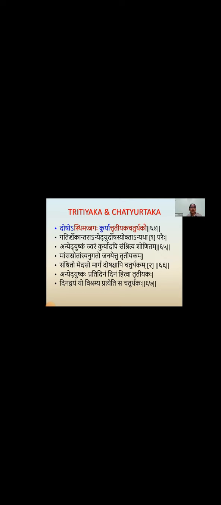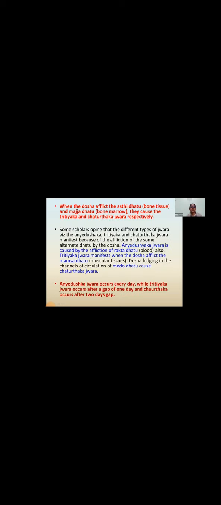And coming to the other Tritiyaka and Chaturtaka jvara, Tritiyaka jvara dosho asti majjagaha. So Tritiyaka jvara will be in the asti and Chaturtaka jvara will be in the majja. That is its salient feature, whereas the Tritiyaka is dosho asti majjagaha. So Tritiyaka in the asti as well as the Chaturtaka fever or jvara is in the majja. And whenever the doshas afflict the asti dhatu and the majja dhatu, they cause the Tritiyaka as well as the